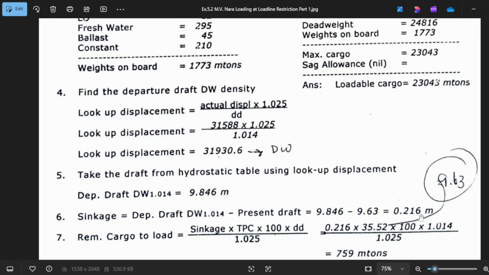If you round it up, that will be 0.22. But take note, you don't have to use this 9.846. Instead, you will use 9.85. Round it up. So you will have 0.216, which is this one, guys.